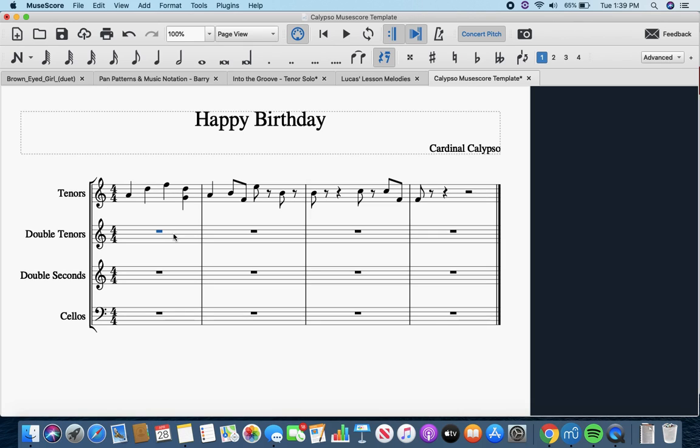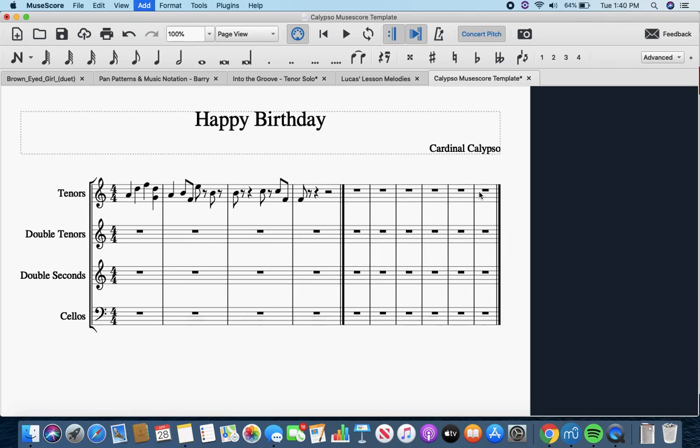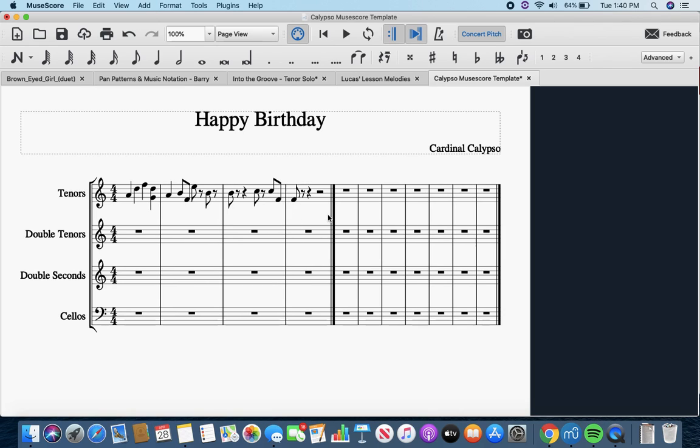do. So now let's go through some of the features of Musescore and kind of how to start using it. Of course, your song's not going to be 4 measures, so if you want to add more measures, click on the score. The shortcut will be on Mac Command B. Command B adds measures at the end